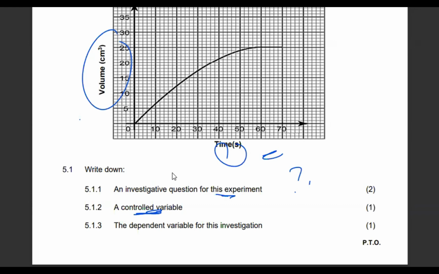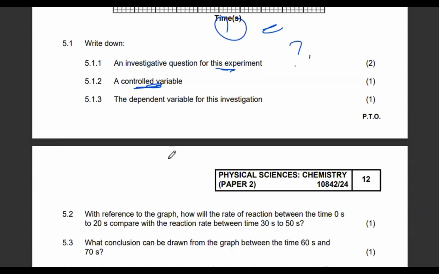So the rate of reaction is a dependent variable, or you can say the volume formed here will depend on the rate of reaction. So you can talk about the rate of reaction, or the volume of the gas which is formed. Then question 5.2,